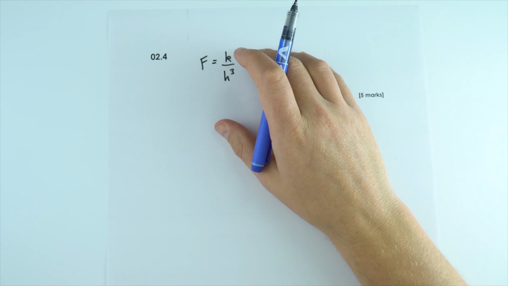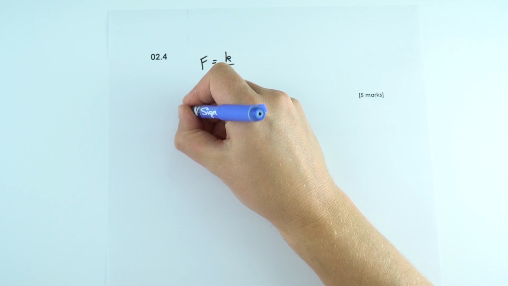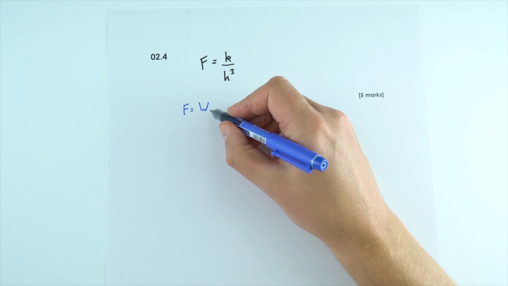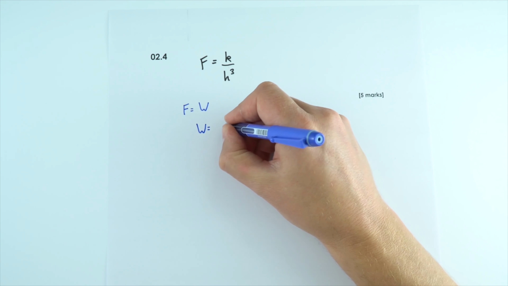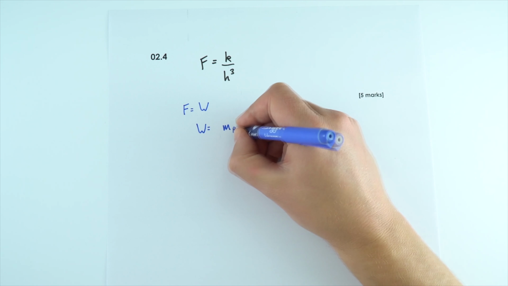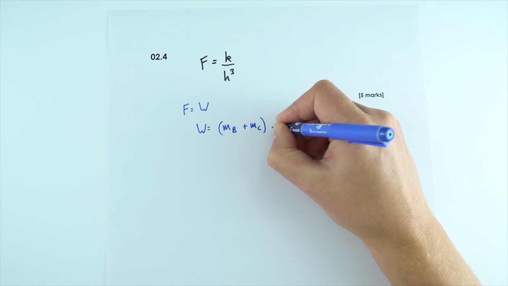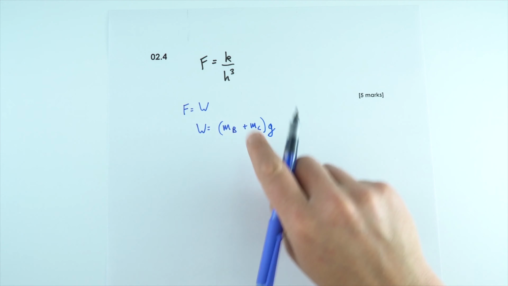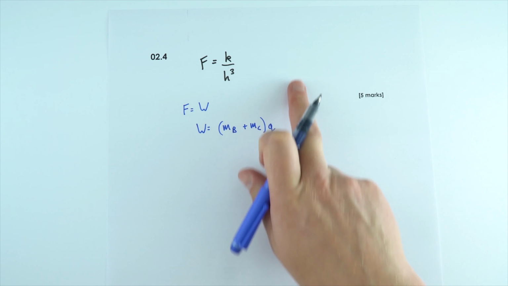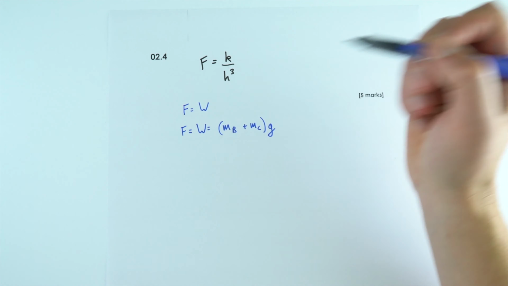So first of all, what you can do is take measurements when that magnet is in equilibrium. And if it's in equilibrium, then the force is going to be equal to the weight acting down. Now this weight acting down is equal to the mass of the magnet, so I'm going to call that mb, plus also the mass of the clay. And that's all going to be multiplied by the gravitational field strength of 9.81. So we can work out the weight which is pushing down, which must be equal and opposite to the magnetic force pushing up.